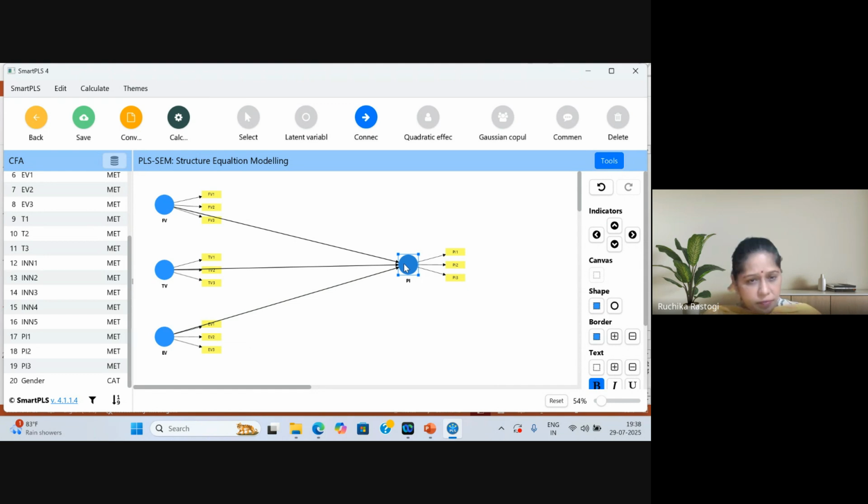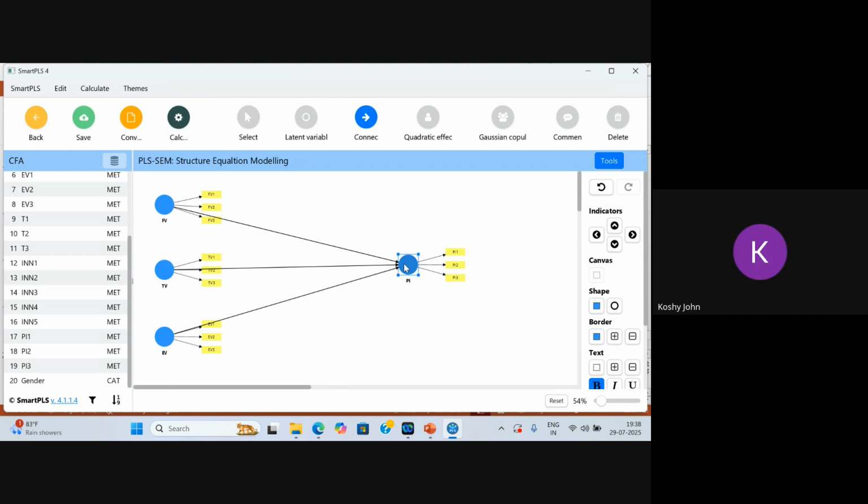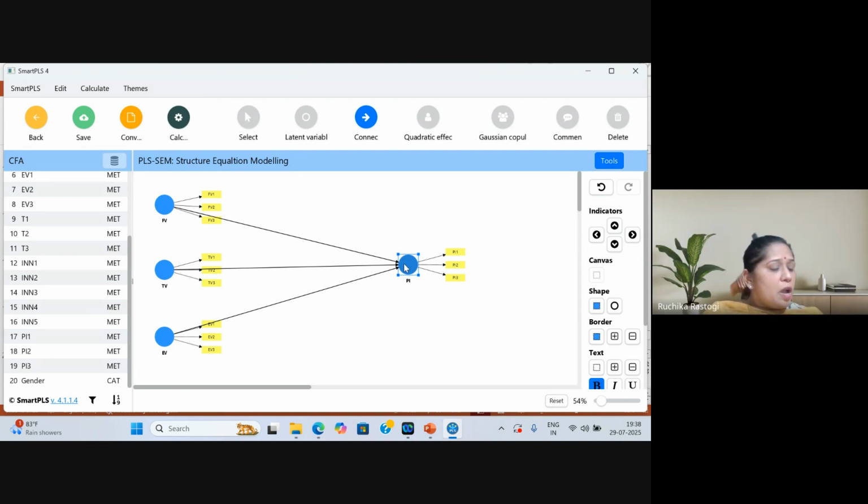Just do this, everyone. Right now, I have not checked whether the trust and innovativeness will work as a mediator or moderator. I am not checking it. I am simply checking my first hypothesis: whether there is a significant relationship between functional value and PI. There is a significant relationship between TV and PI, and between EV and PI. So I am running